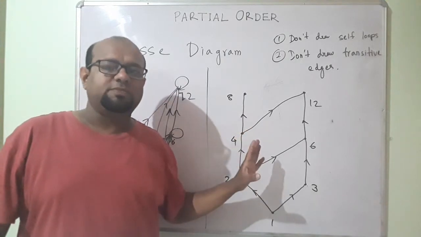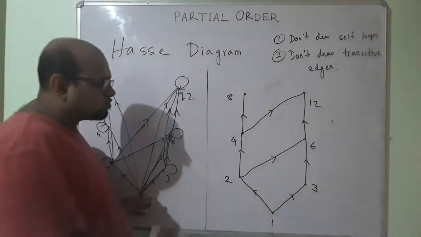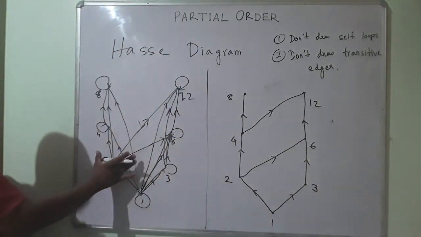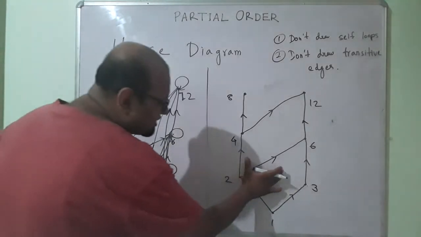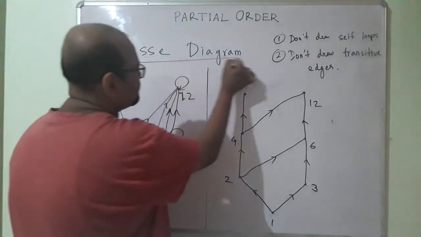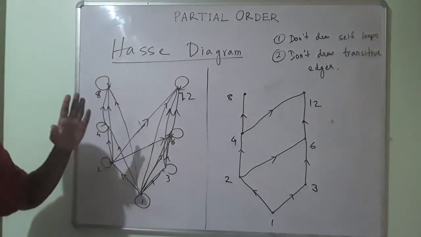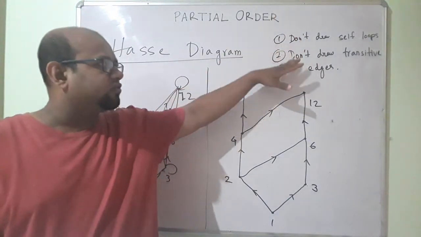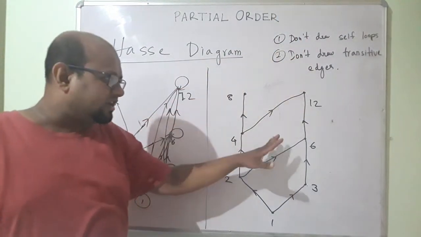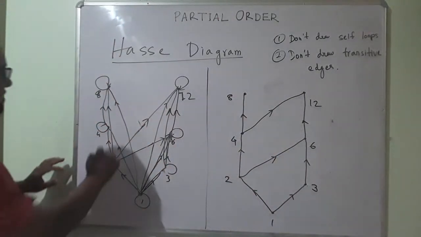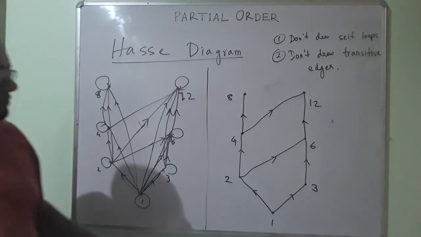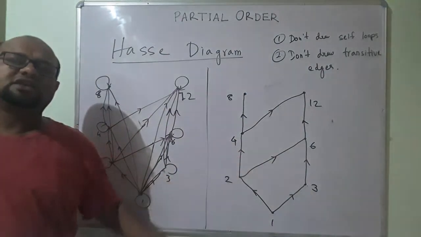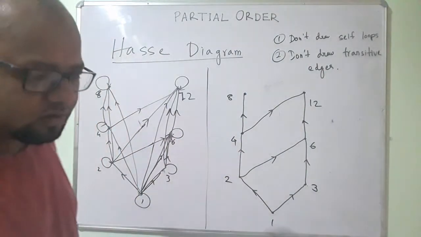Okay, this is also implied. Okay, I don't need to draw it again. So this itself gives me all the information that this diagram gave me. Okay, now this kind of diagram is called a Hasse diagram. Okay, you take the original diagram, from that you take out the self loops and you take out the transitive edges, you will end up with a diagram. This will also be here, sorry. So whatever you have, this is a Hasse diagram. Alright, okay,